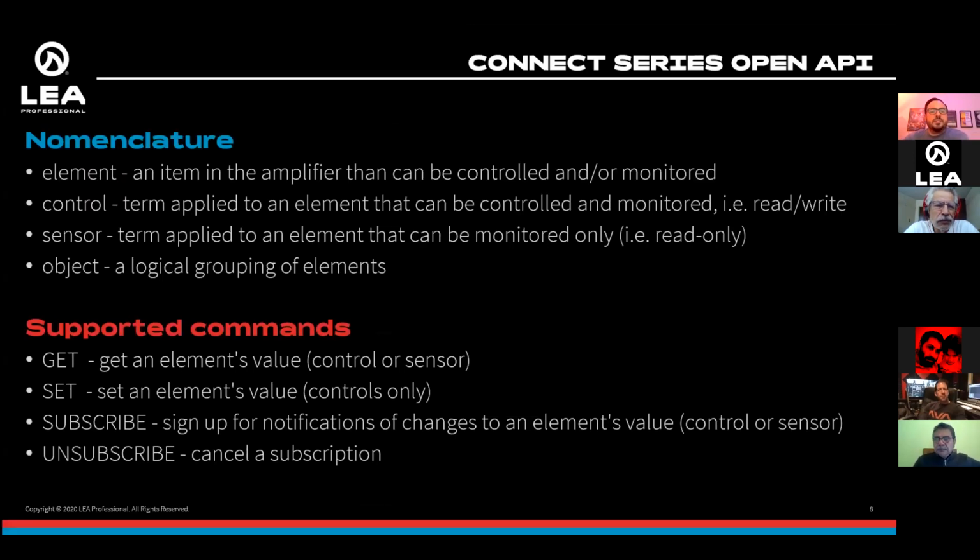So some of the nomenclature here, just how we're going to describe things. You've got an element. An element is an item in the amplifier that can be controlled and/or monitored. You've got a control, meaning this is an element that can be controlled and monitored, so you've got read and write. You've got a sensor, which is an element that can only be monitored. So something like the temperature, you can only read it. You're not going to tell the amp what its temperature is. And you've got an object, which is a grouping of elements. So you may have several elements that are tied together in a certain way,